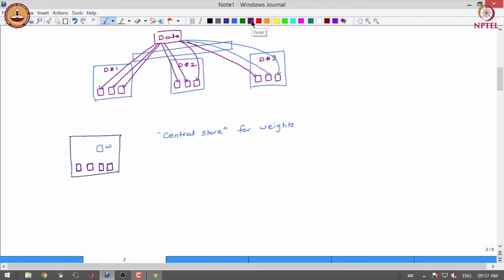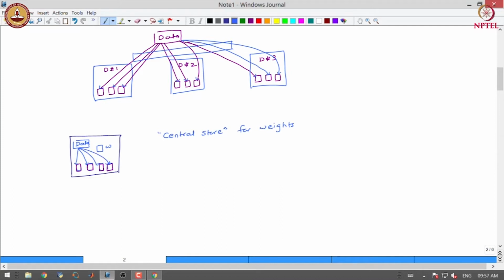So, what we do here is we take the data, we replicate it across GPUs.